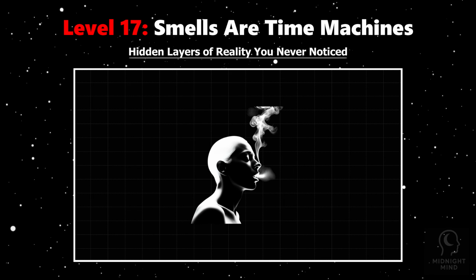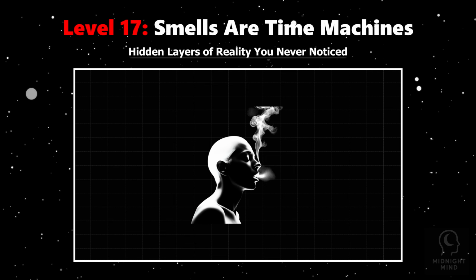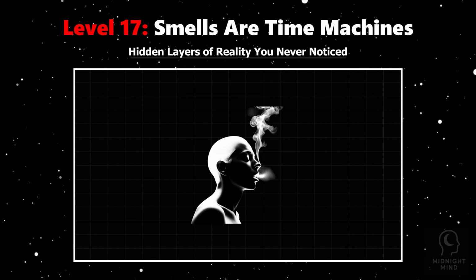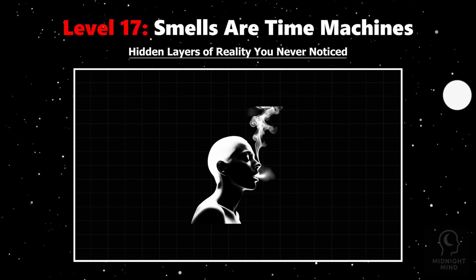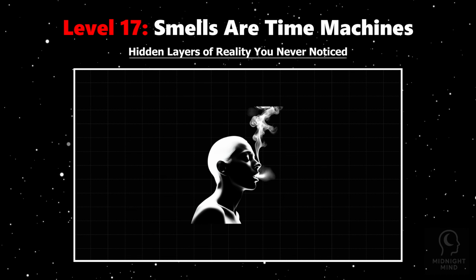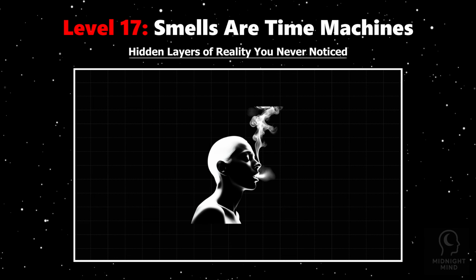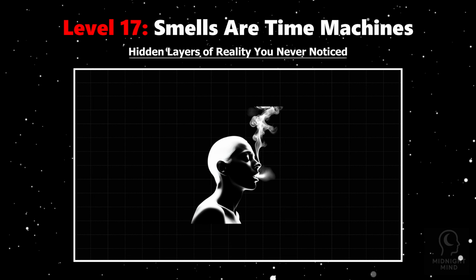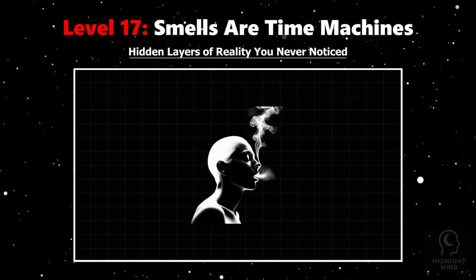When you catch a whiff of fresh rain, old books, or a loved one's perfume, your brain activates the hippocampus and amygdala, flooding your body with the feelings tied to that moment. Scientists call this the Proust effect, named after Marcel Proust's description of involuntary memories sparked by sensory cues. These olfactory time machines can evoke emotions so powerful that your heart rate, breathing, and even body temperature shift, as if you're reliving the past physically.